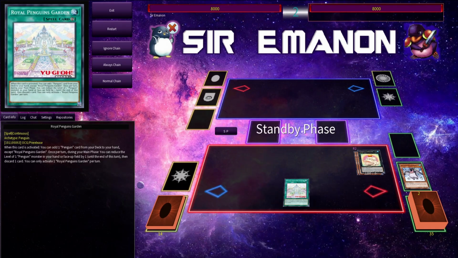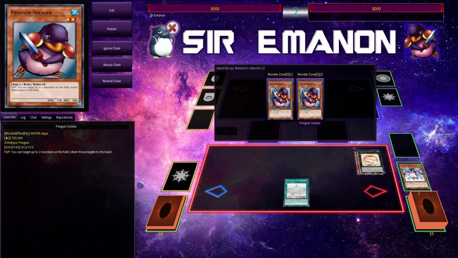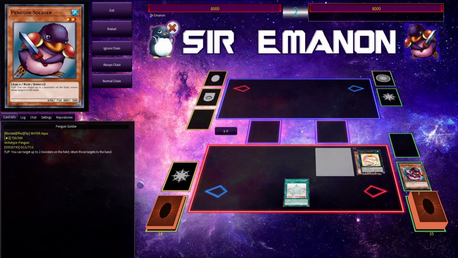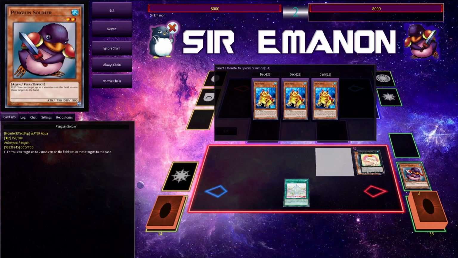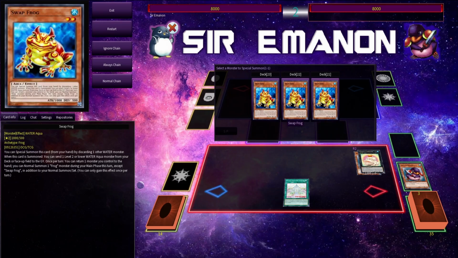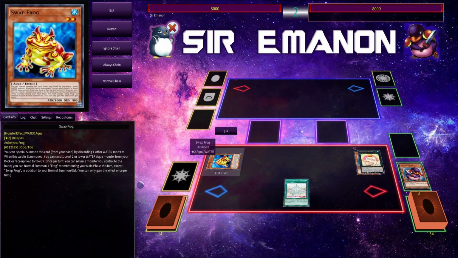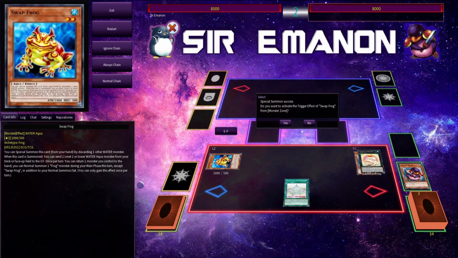And what I'm testing in my build right now is actually the Frog Engine, which I've used for a very long time in Penguins. Like when I brought this deck to Catskill Regionals in 2019, yeah, I've been playing this deck for even longer than that. But when I did bring this deck, I did play the Frog Engine just because it has actually a bit of nice synergy. So we're going to go and bring out our Swap Frog in our opponent's standby phase, and